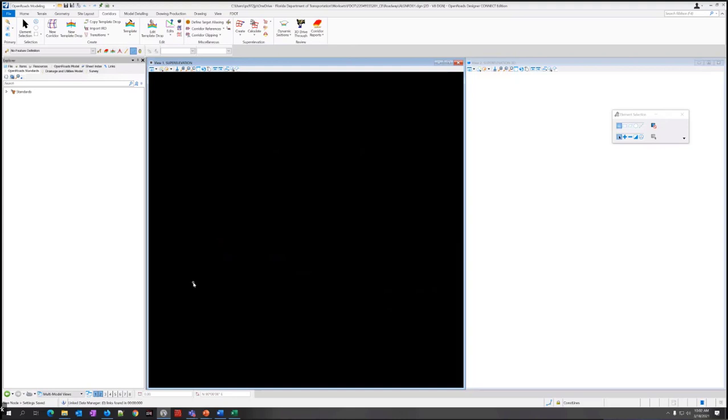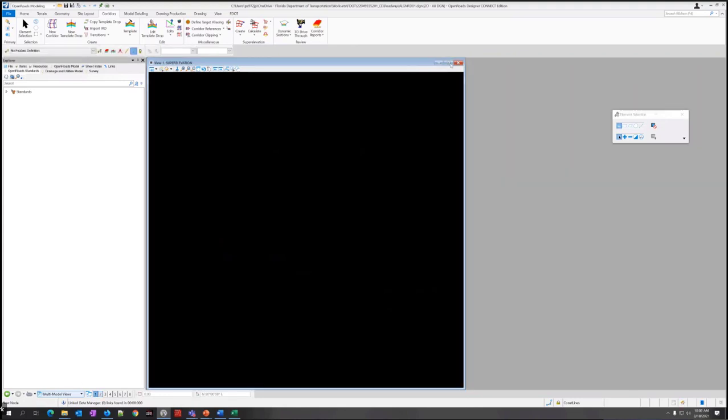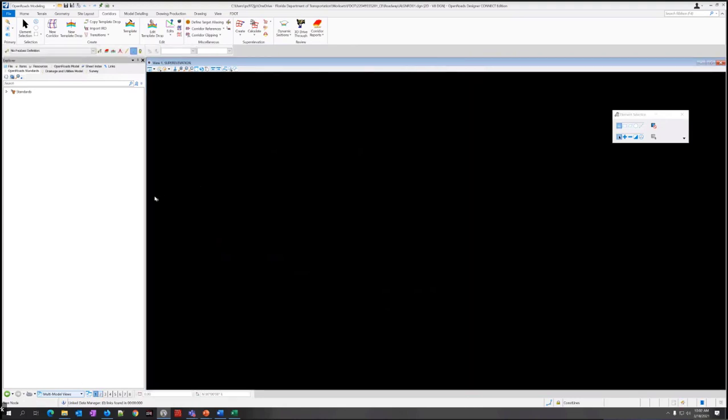From a blank alignment or a fresh alignment where you haven't been messing around with super elevation, you will only have the super elevation views in this menu. So there won't be 3D yet. So to simulate that, I'm just going to close this out. Just show the 2D. So just go down here, switch. That's the first step there, is just go down here and switch to super elevation views.